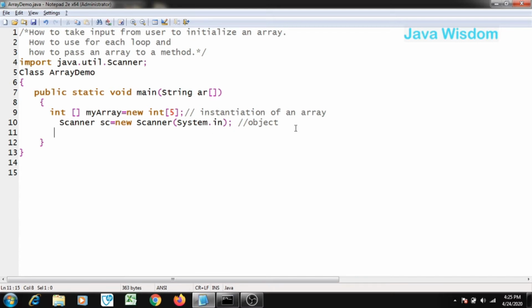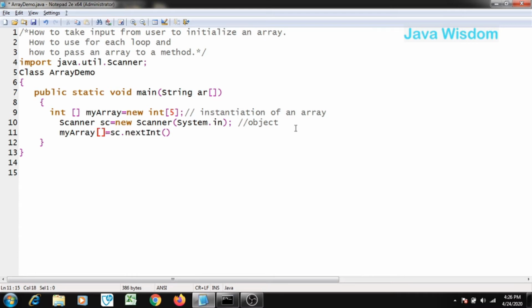Next, to read whatever the user has given as input, you have the function nextInt in the Scanner class. You can read the input using nextInt and store it in the respective identifier. In our case, we have to store the respective values into array indices. So here we have to give myArray